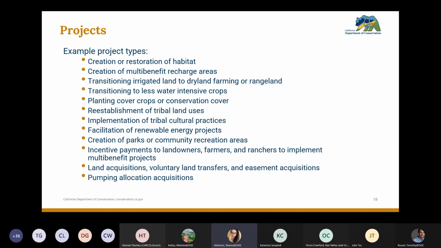A couple of points. I'll highlight, we've got the creation or restoration of habitat on the list, creation of multi-benefit recharge areas, transitioning irrigated land to dryland farming or rangeland, planting cover crops or conservation cover, creating parks or community recreation areas. These funds can also be used for incentive payments to landowners, farmers and ranchers to implement multi-benefit projects, where